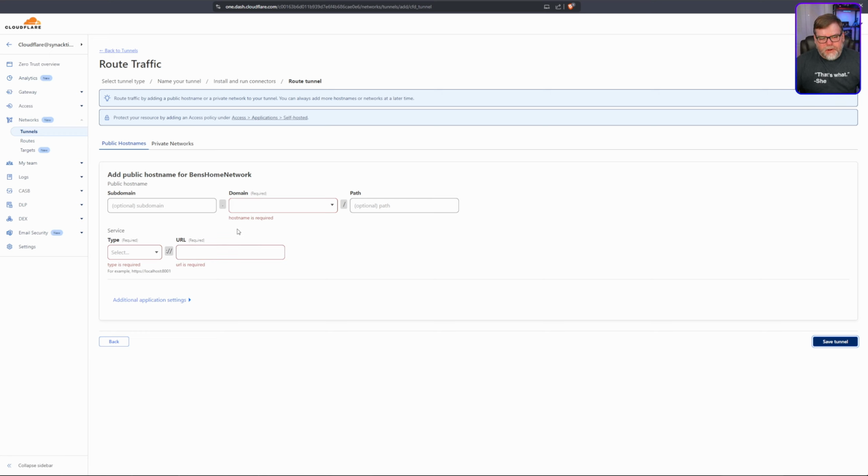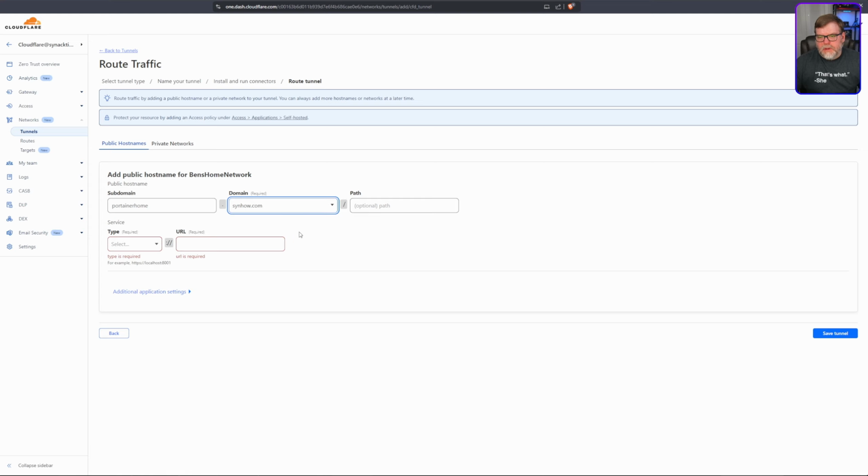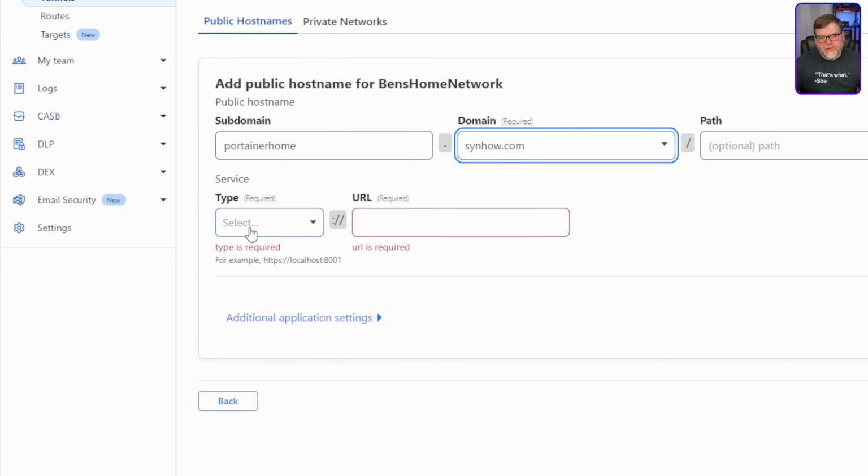I'm going to set up one for my Portainer because I want to be able to access Portainer from the web, but I also want it to be secured, encrypted, everything that way. So I'm going to call it something like Portainer home. I'm going to pick my domain, which is going to be my synhow. Path, I'm just going to leave alone. And now right down here at the bottom, it's asking us for the service type. So this is what you will be accessing on your home network,